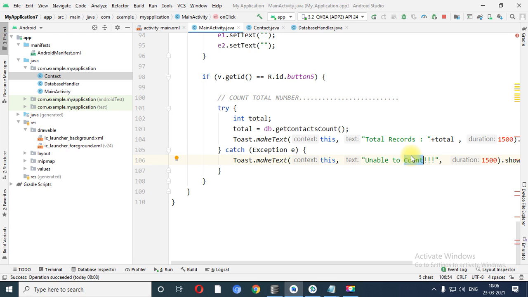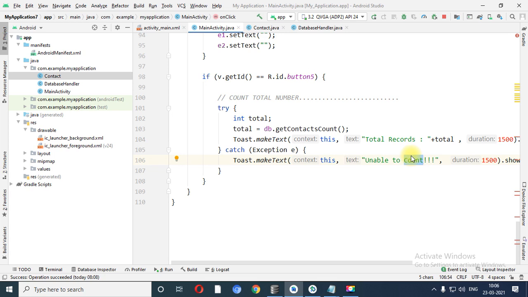So this is the program which is based on the connectivity. In this program we have taken the example of insert, update, delete, read and count. So 5 operations we have performed with the connectivity. And what is the name of our table?